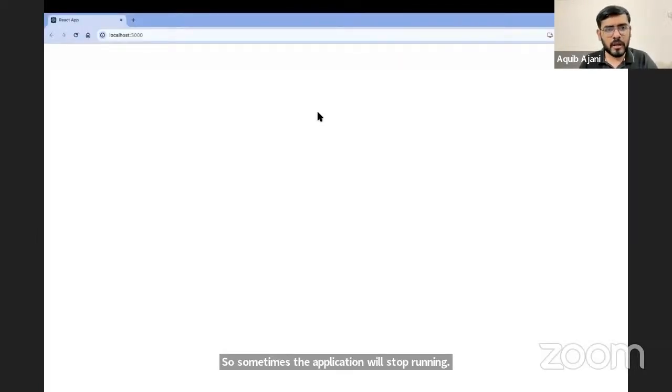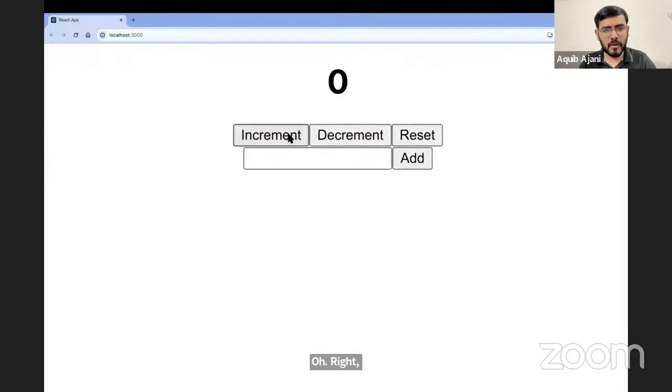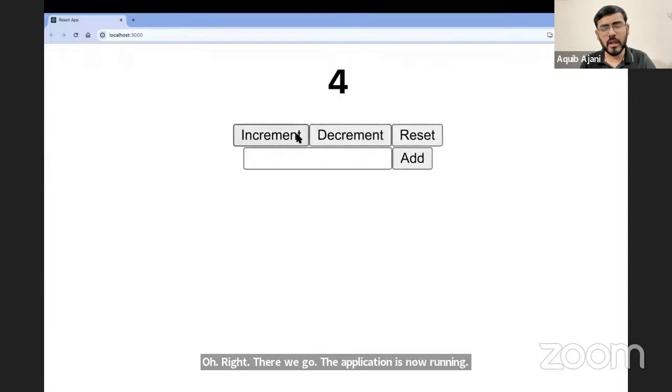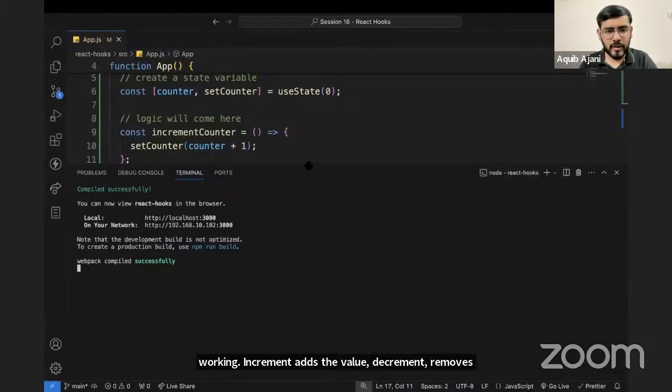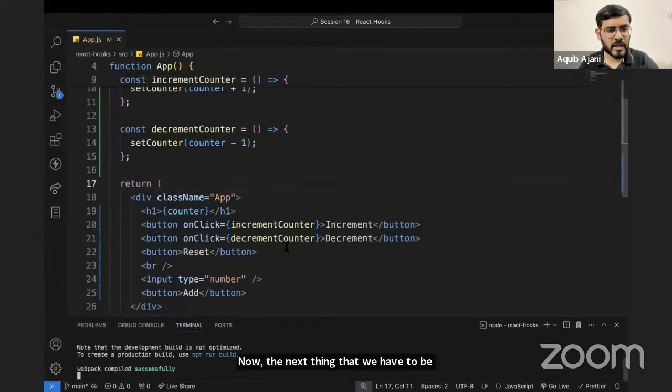Another thing to remember when you're working with this, there we go. The application is now running and we are back to our output and both the buttons are working. Increment adds the value, decrement removes the value by 1. Now, the next thing that we have to be very careful with, let's work on the next logic, which is